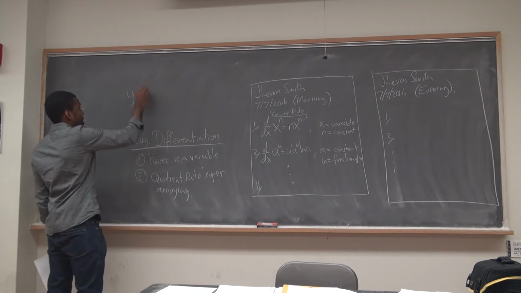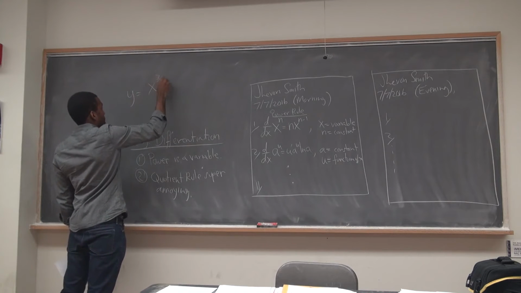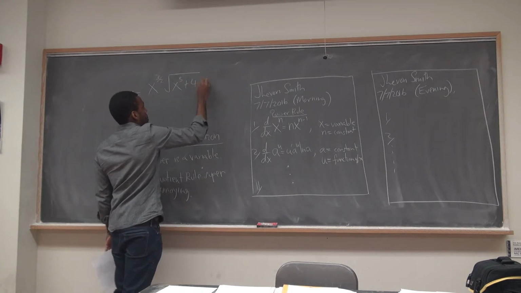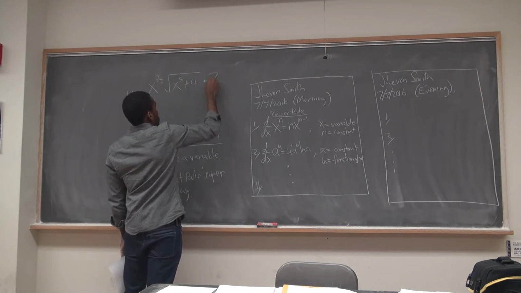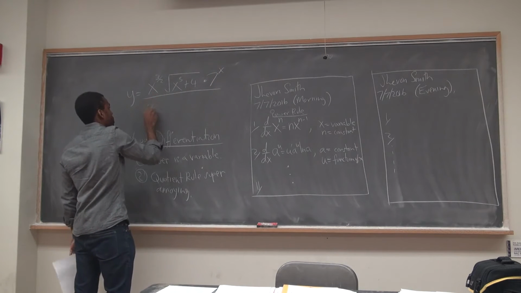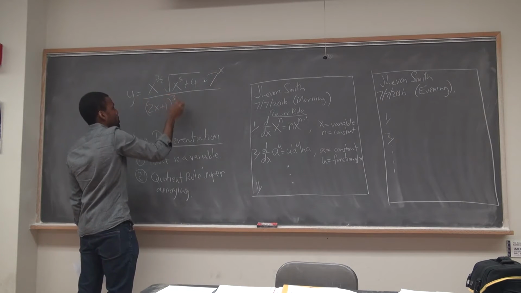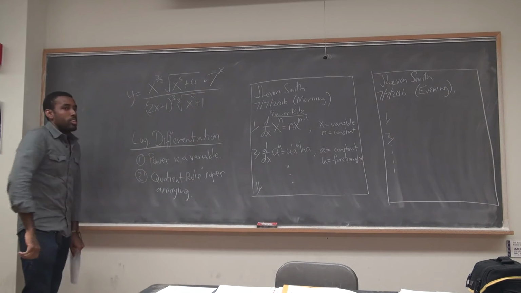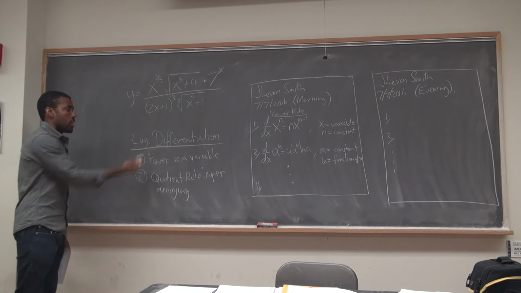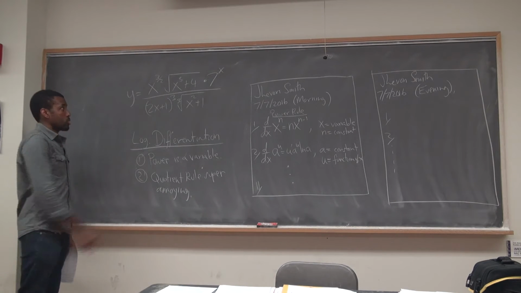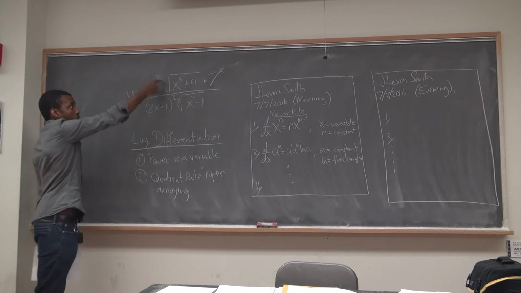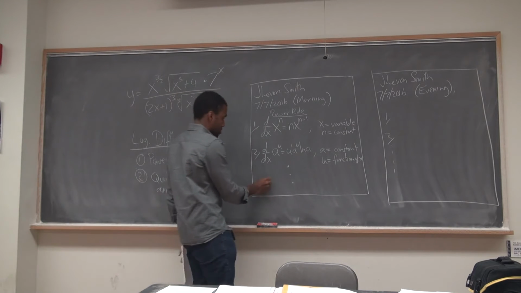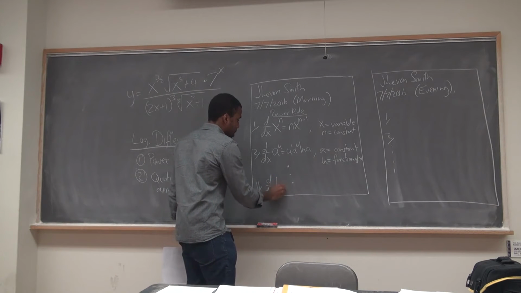So if on the test I threw something at you like x to the 3 halves, the radical of x cubed plus 4 times 7 to the x over 2x plus 1 cubed times the cube root of x squared plus 1, you see something like that and you're going to think, I'm scared. Log differentiation is what we do. Once you throw an ln on this, you can break all these guys apart. All their powers you can bring down as multiples and just apply the ln rule. That's only if it's being multiplied. Yeah.